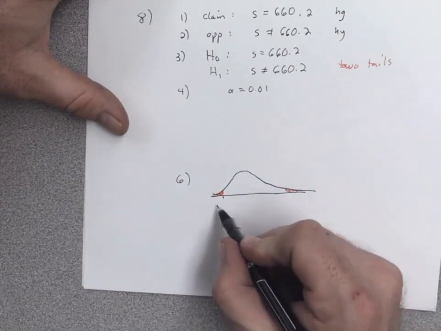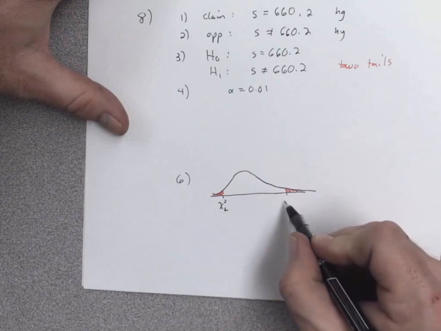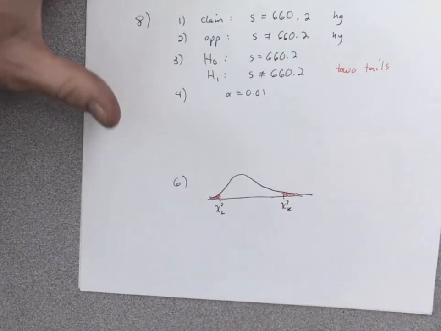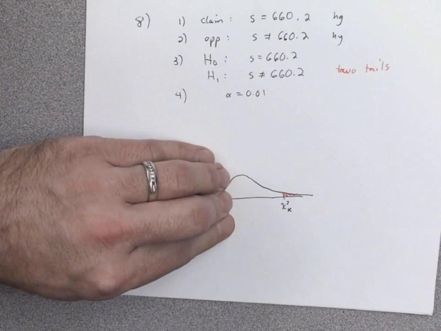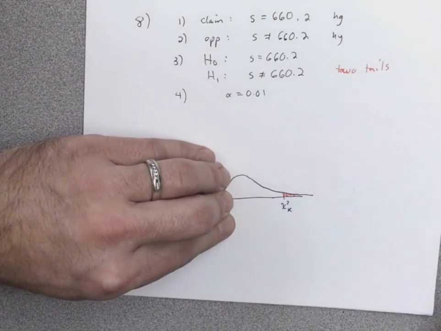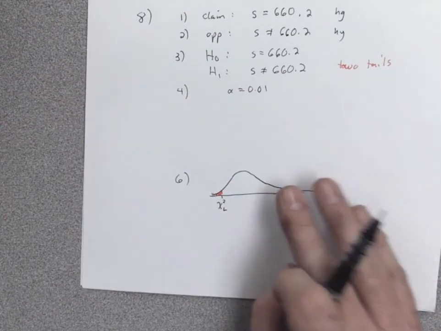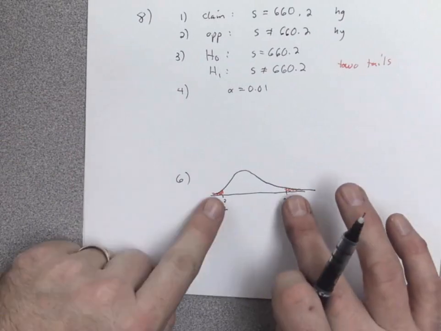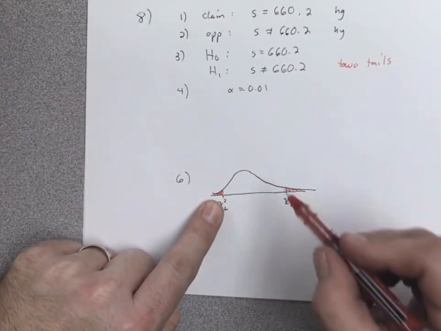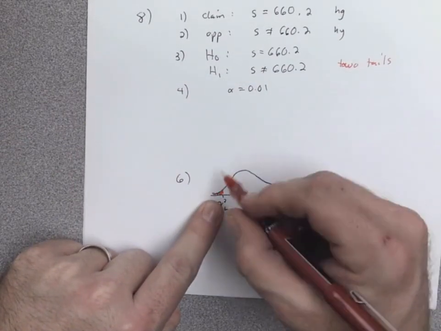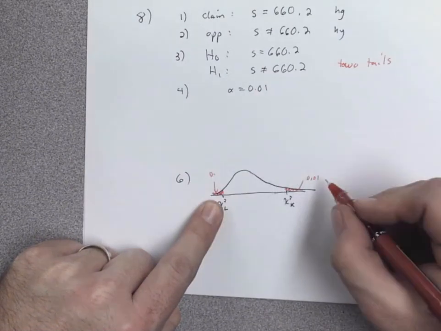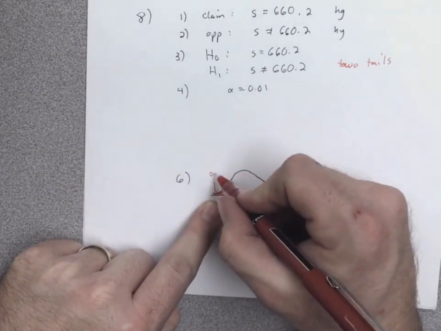And this cutoff is going to be chi-squared left, and this cutoff is going to be chi-squared right. Now, again, if it was only a one-tail on the right, if I was testing greater, it would be this. If I was testing less, it's going to be this. But since it's two-tailed, the sum of these is going to equal alpha, so this is equal to 0.01. But if it was only one-tailed, it'd just be 0.05, because it's half of that, alpha over